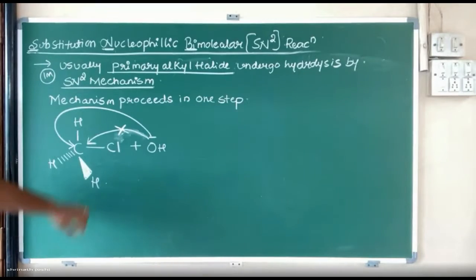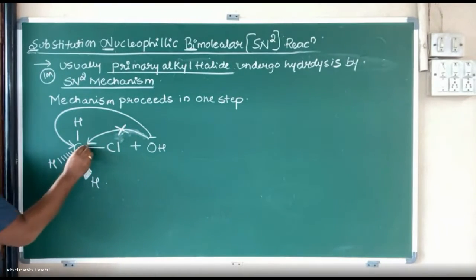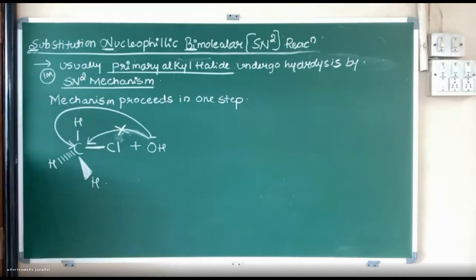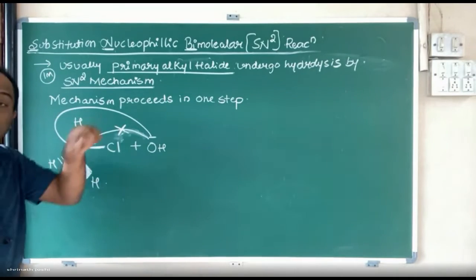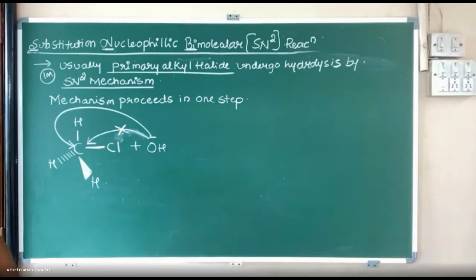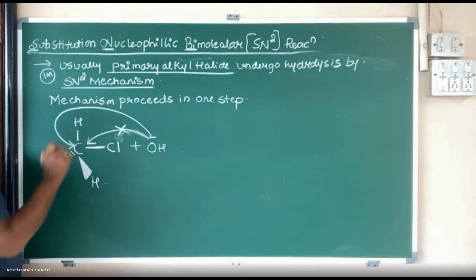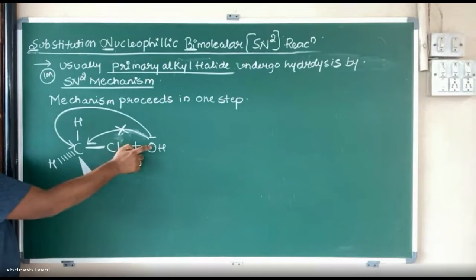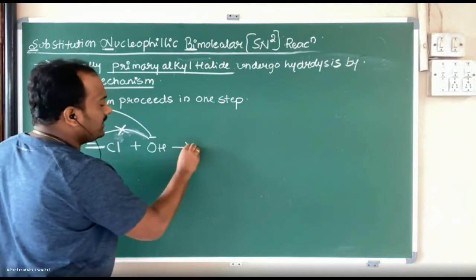Now look here. This carbon-chlorine bond will also exist. This is an old bond, correct? It is already existing. Can I call the C-Cl bond an old bond? Then which is the new bond? The new bond will be made between carbon and OH. This is a new friendship, and this is an old friendship. Now what will happen? Here, both atoms are partially bonded.